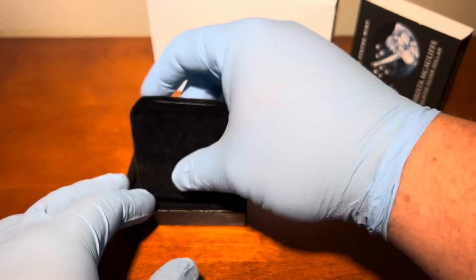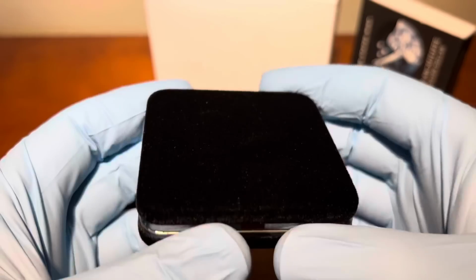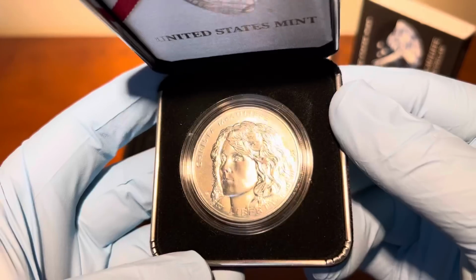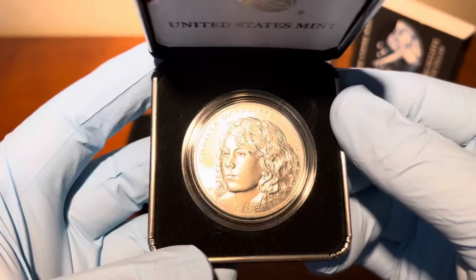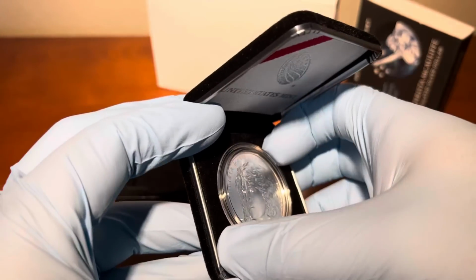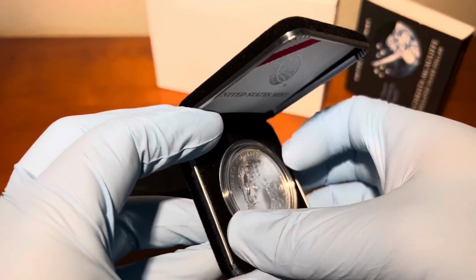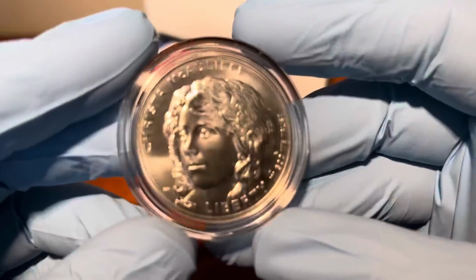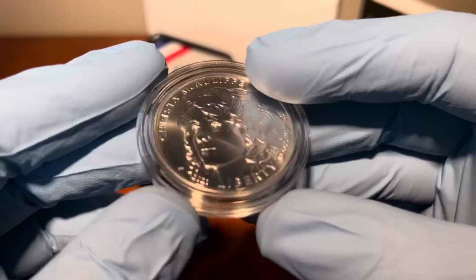All right, so you guys are aware of how the US Mint product looks. This one has a pretty neat case. And there you go, that's what she looks like. Again, very beautiful coin, well done by the engravers of this particular issue. And I took the plunge. I paid about $82 for this,